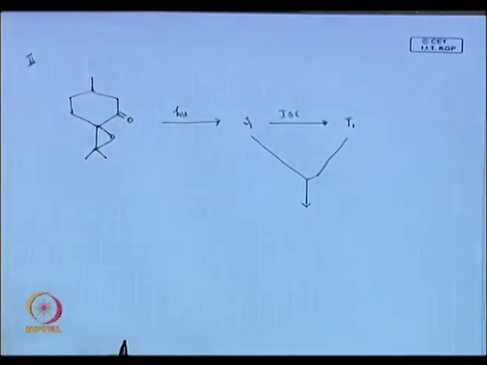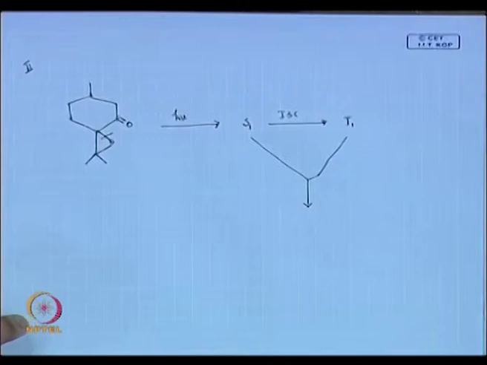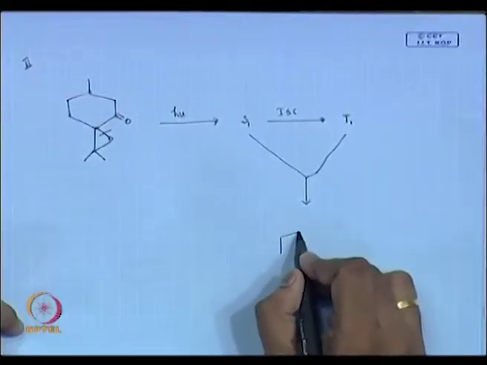What beta cleavage am I looking for here? Which is the weakest bond? Carbon oxygen. So, this will be your weakest bond. So, I can break this bond, right? Yes or no? You have a ring strain. Do you want to break a CC bond or a CO bond? CO bond. So, I am just breaking my CO bond.